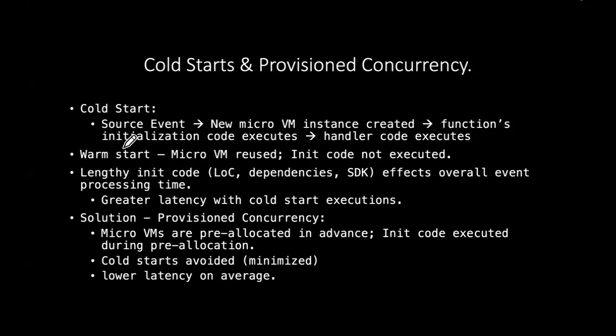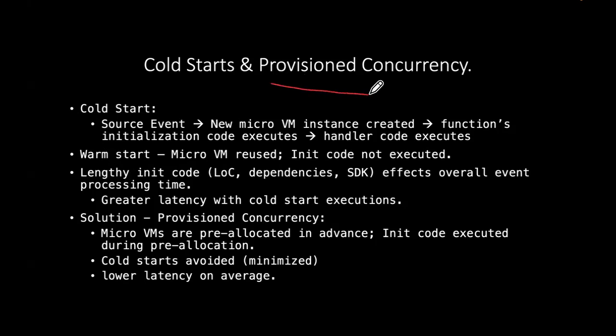And so avoiding that is ideal, is desirable from a user's perspective because they don't experience as much latency. So is there a way that we can at least minimize the number of cold starts associated with the execution of a Lambda function? And the way you can achieve that is by